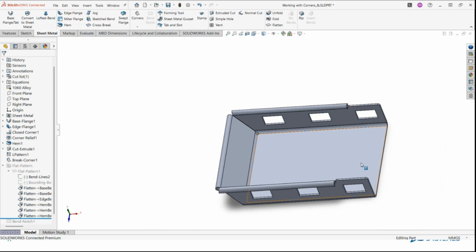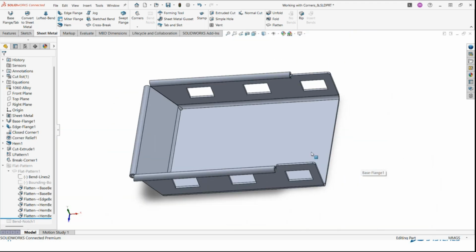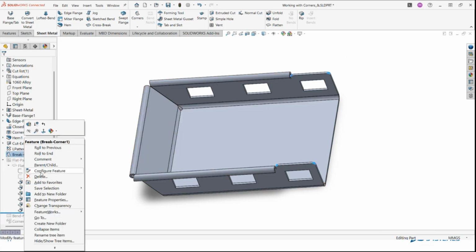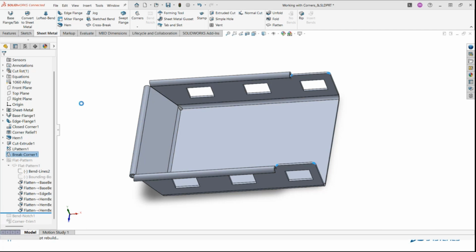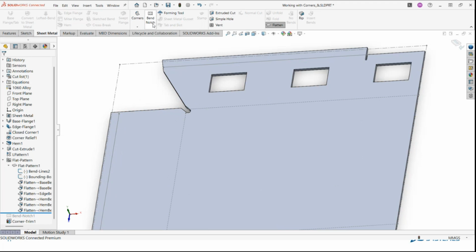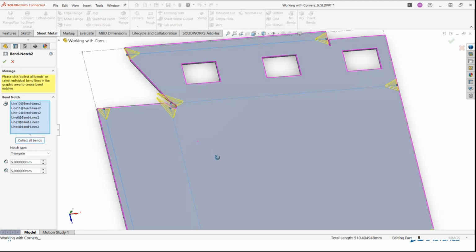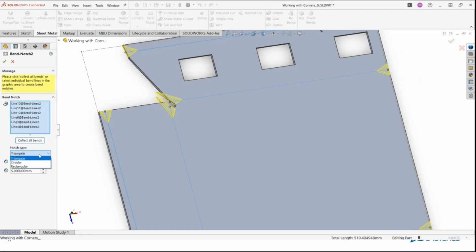Similar to our on-system SolidWorks, we also have one option which is Xsheet Metal. Before Xsheet Metal, let me tell you about one more option which is over here. Let me delete this break corner option. Again, go to the flatten option. Here you can see the bend notches, this collects all bends, and you can apply different bend notches also. There's a rectangular one, there's a circular one,